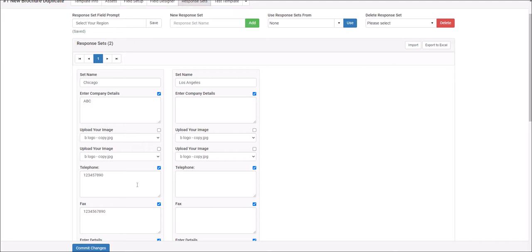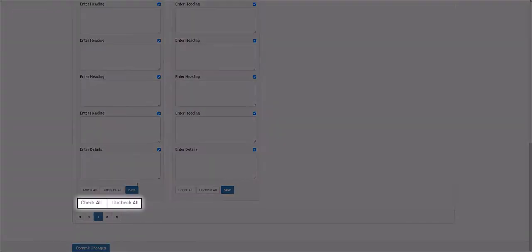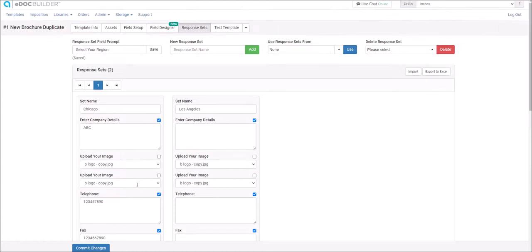You can also quickly check and uncheck all fields on a single response set by clicking the Check All or Uncheck All buttons. The field checkboxes are independent from response set to response set. For example,